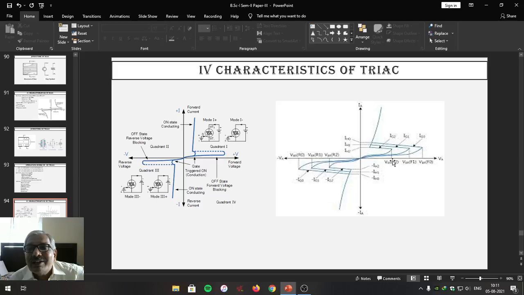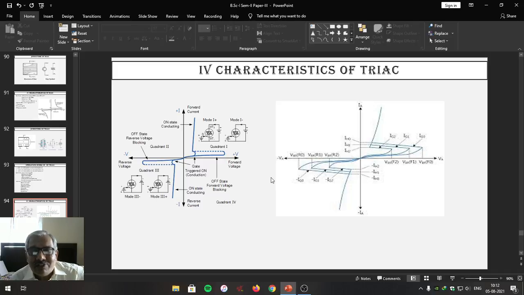It will allow the triac to conduct earlier, and it allows the triac to conduct for more time to increase the power and also to increase the current through the respective main terminal. And the same is true in the reverse direction also. So that is the specialty associated with the triac when plotting the IV characteristics.